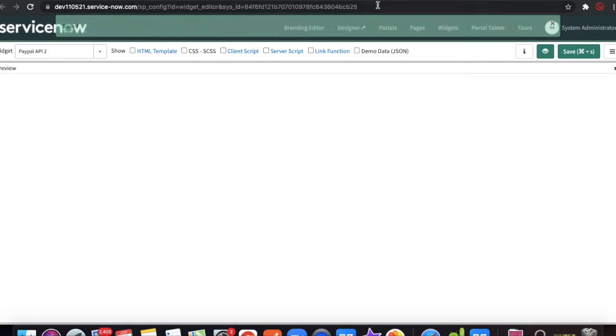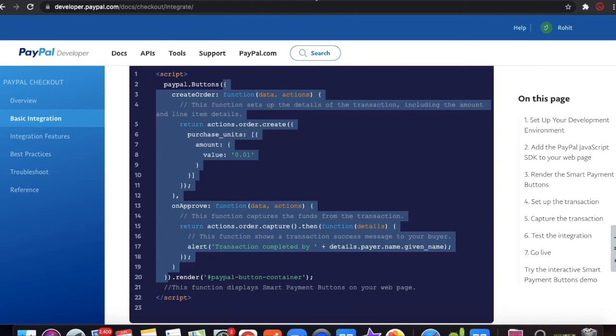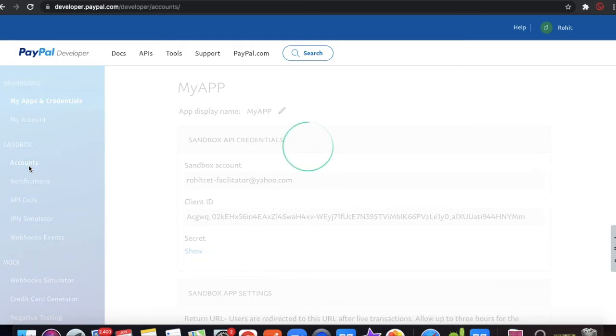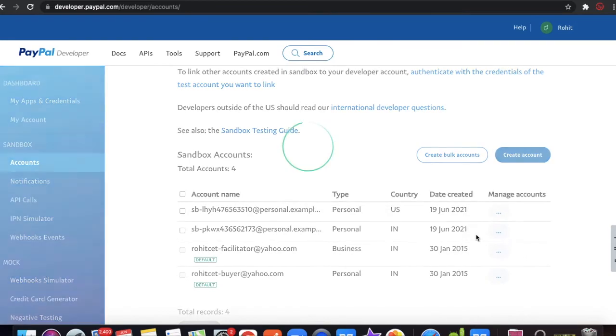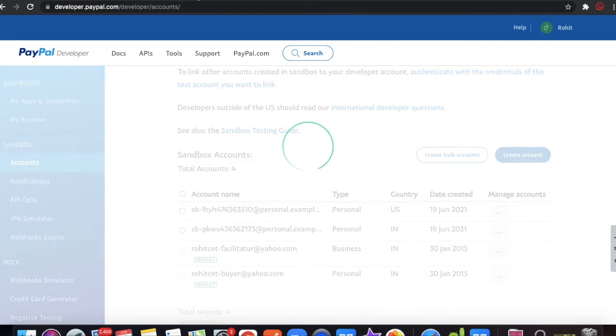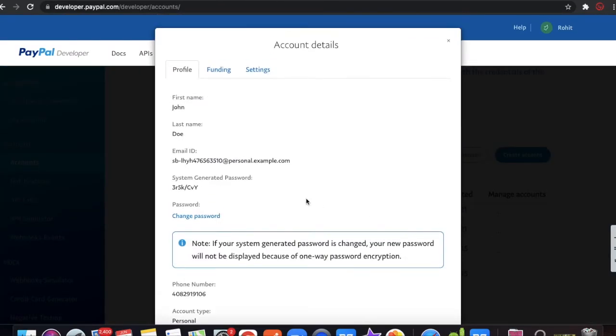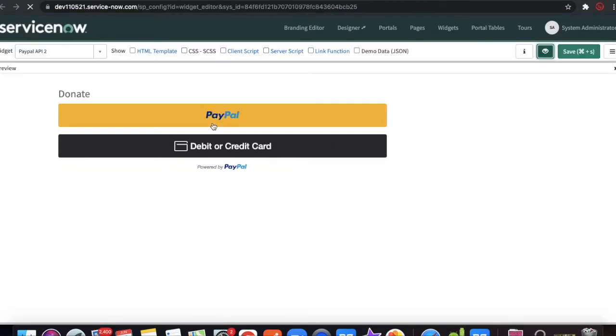Uncheck the client one, go back to your accounts under the developers and get the credentials, view and edit. So this is the credential, copy this credential and go and edit, click the pay.